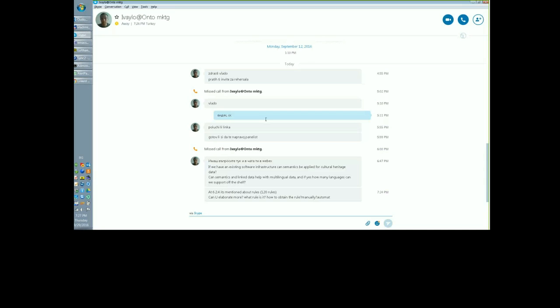And then the next question is about these 120 GraphDB rules that were used to implement several fundamental relations. The rules are rather simple. They are of the form, if you find such and such triples, then infer these new triples. That's all.